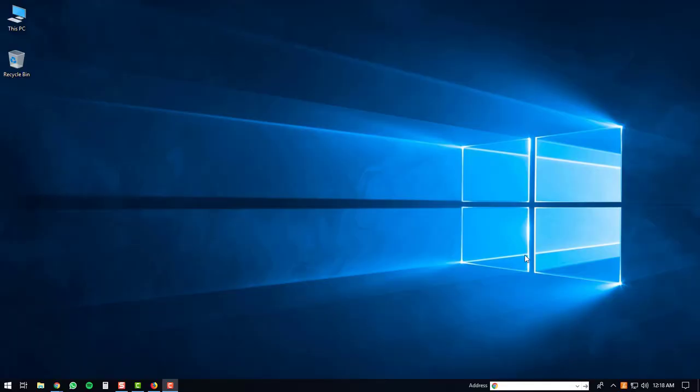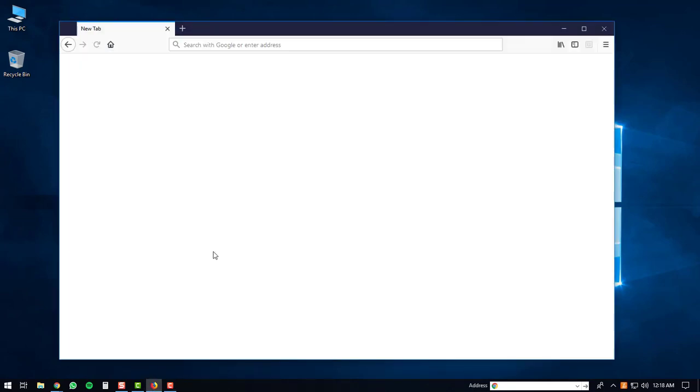Today I'm going to demonstrate how to download and play the game Twisty on a Windows PC. So your first step will be to open up your favorite web browser. I'm going to use Firefox. Once you have Firefox opened up, you're going to go to your address bar and you're going to type in